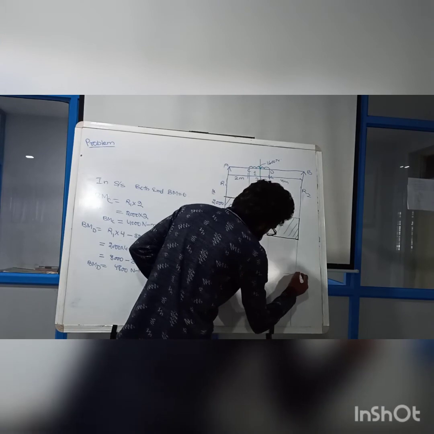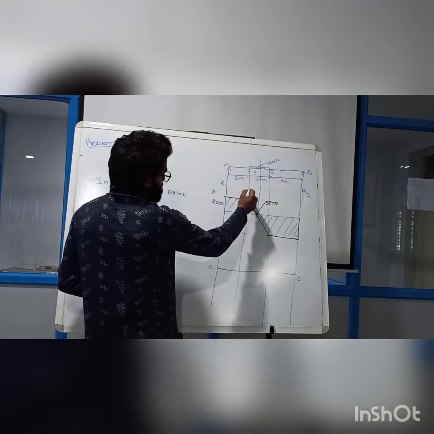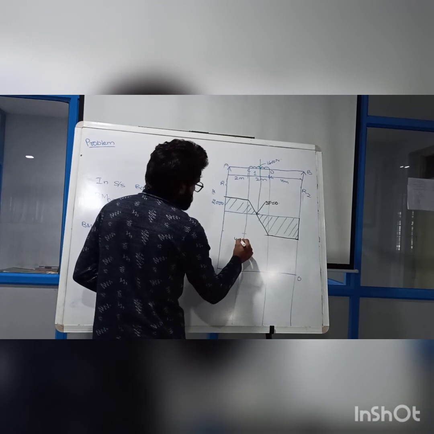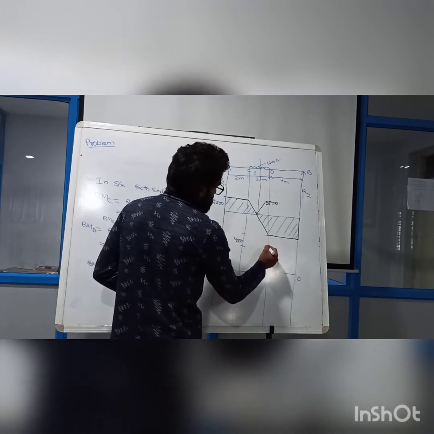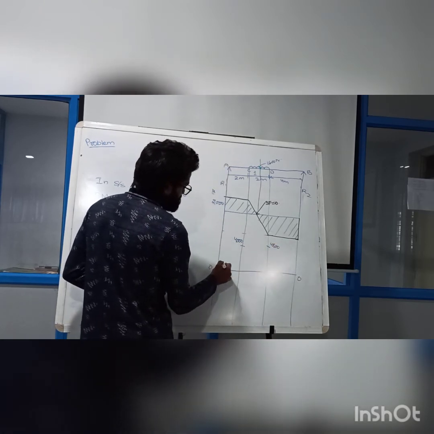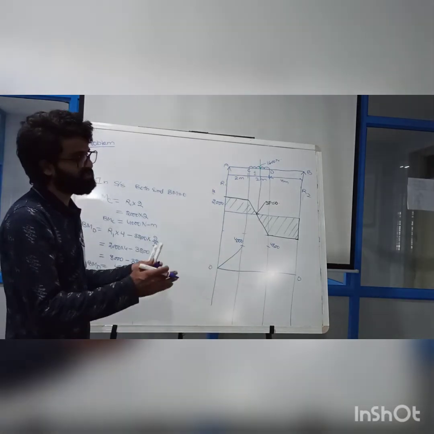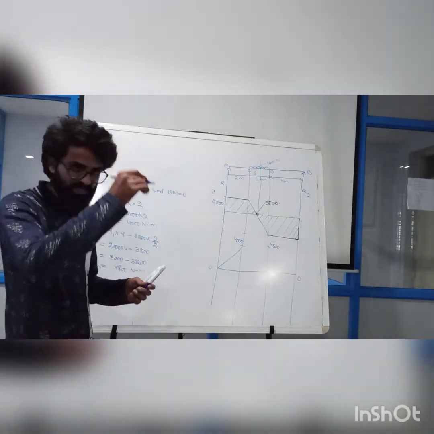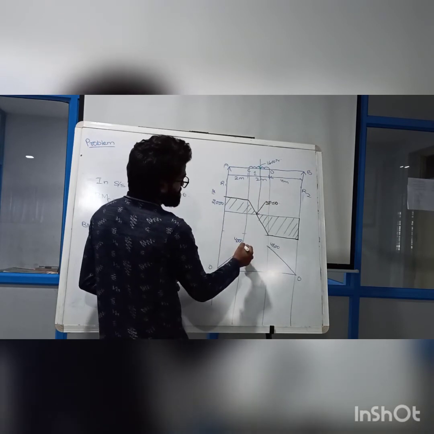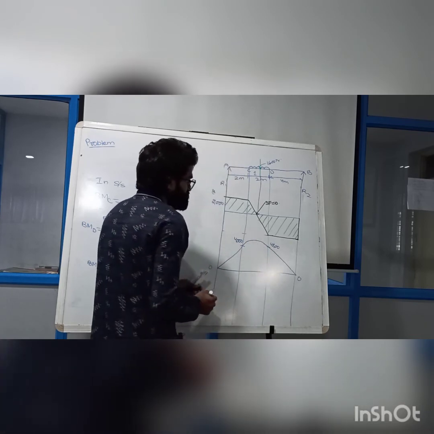How will the diagram come? The A point is coming 0 and the B point is also coming 0. From here to here you can see there is no load. The value at B is coming how much? 4000, and the value at D is coming how much? 4800. So how is this particular line going to meet? This is why I took the inclined line, because when there is no force between 2 points, the bending moment is an inclined line. Similarly I am going to get an inclined line here, and here you all know that this is the UDL, so definitely it is going to get the parabola curve. So this is your diagram now.